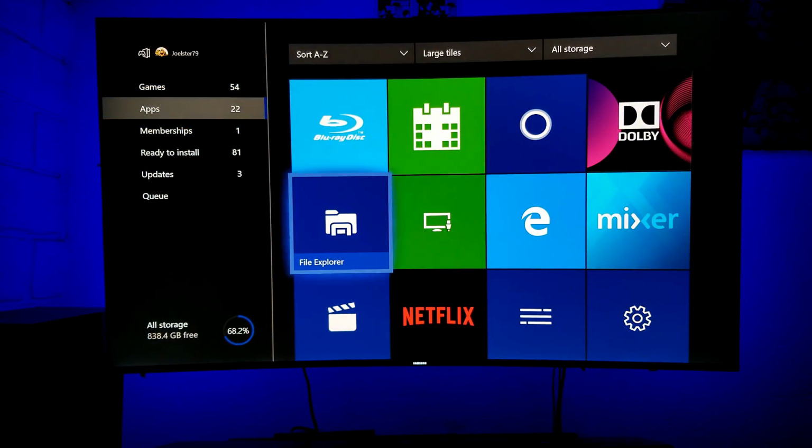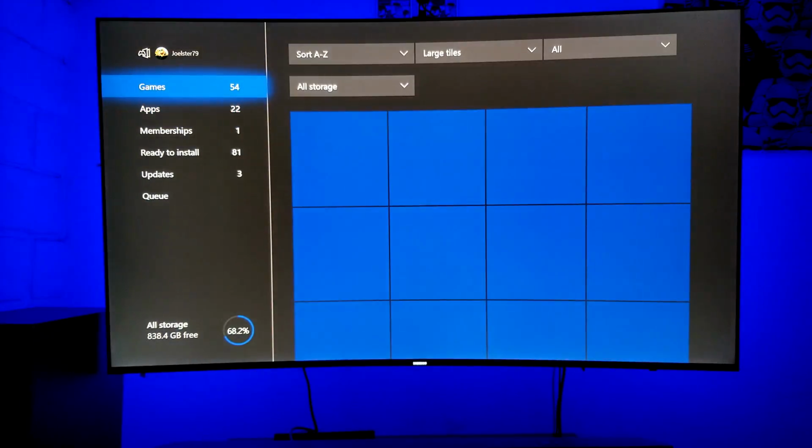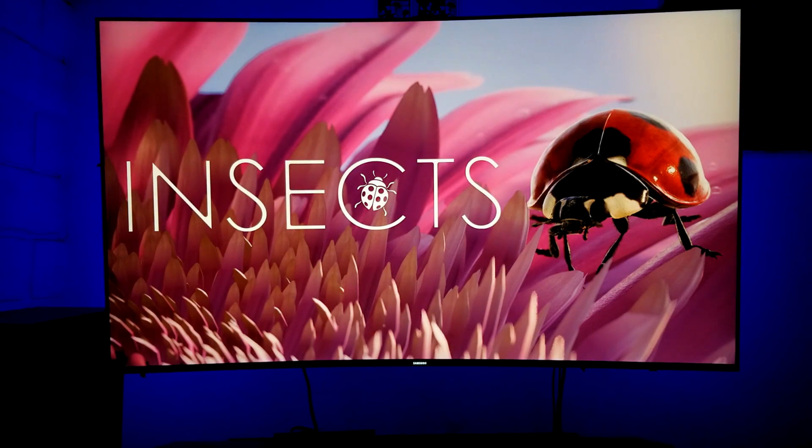That is the little app right over here. I think is it an app? Oh no, or is it in the games? Oh no, I think it's a game. I don't know. Oh yeah, there it is right here. Let's check out Insects and how it plays, because this is a really cool demo, and